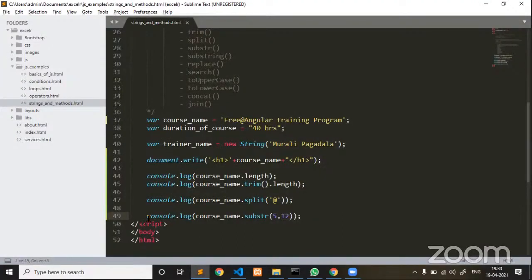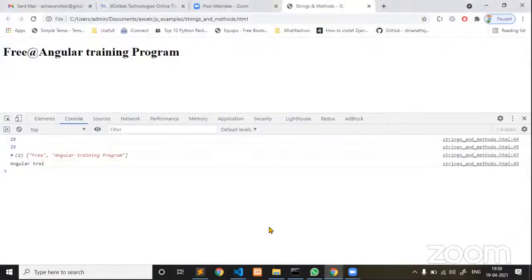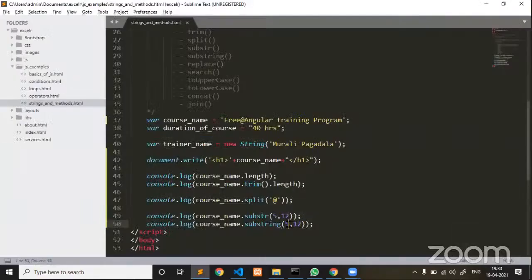Now I'm going to use substring. See the difference between each one of them. When we are passing two parameters to substring, parameter 1 is the from index, parameter 2 is the to index. Whereas coming to substr, parameter 1 is the from index, parameter 2 is the number of characters from the from index.